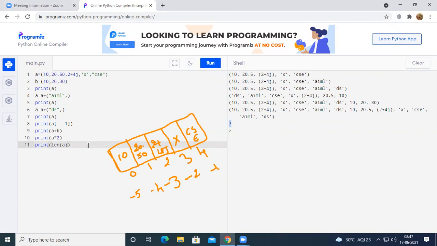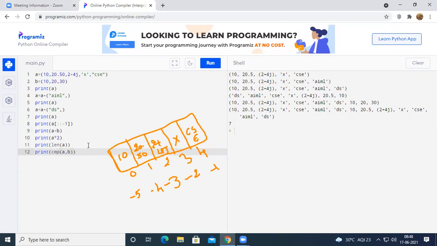And then we have one more thing called the comparison function. For example, if I use print, CMP of A comma B, what this will do is that it will compare.